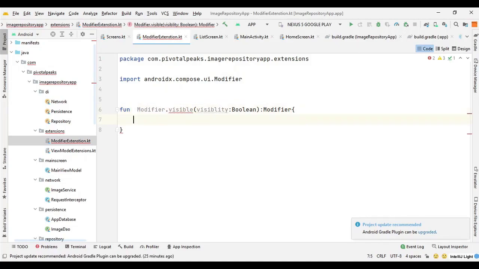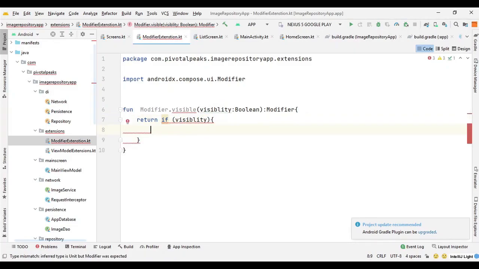And in this function we will return the value of color. So we can say if visibility, so we will say this.then 1f else we can say this.then 0f.